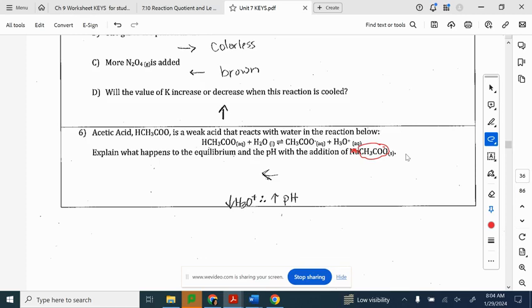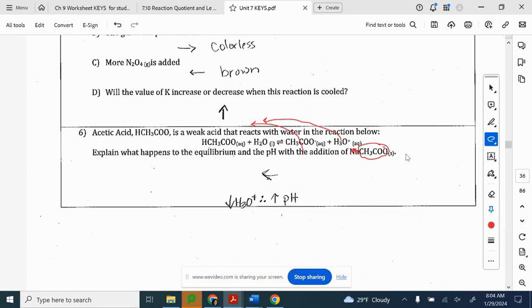If I add more acetate in, that's going to shove this direction and form more of this material. If it shoves it that direction, it's also going to be taking some of this with it. So if we decrease the amount of